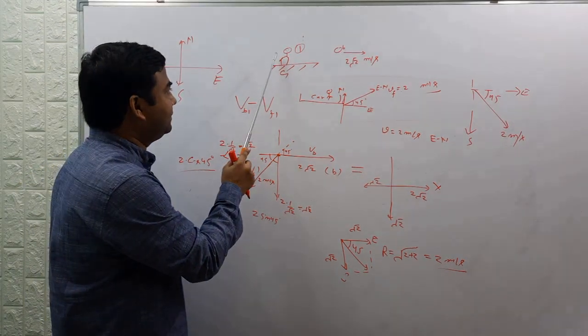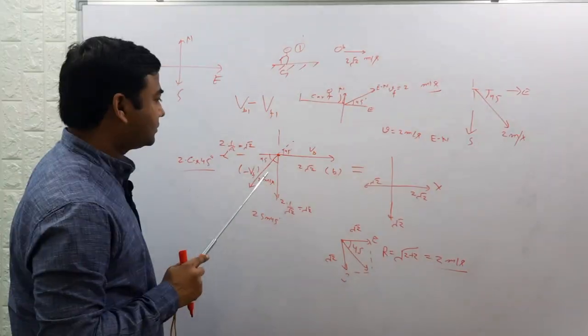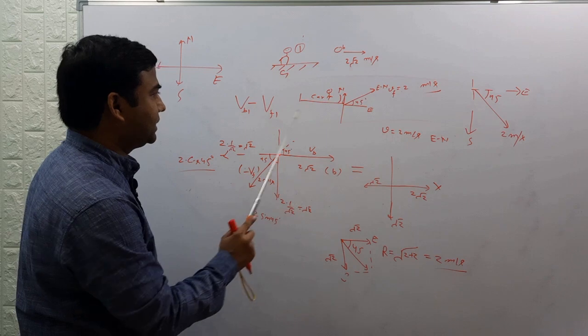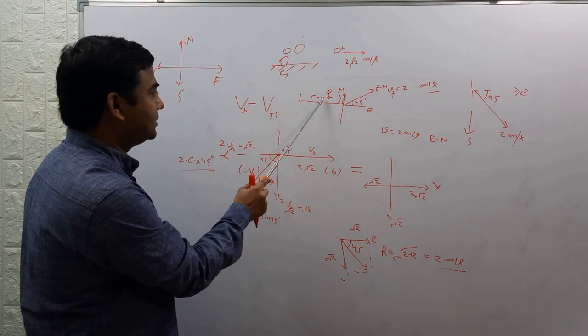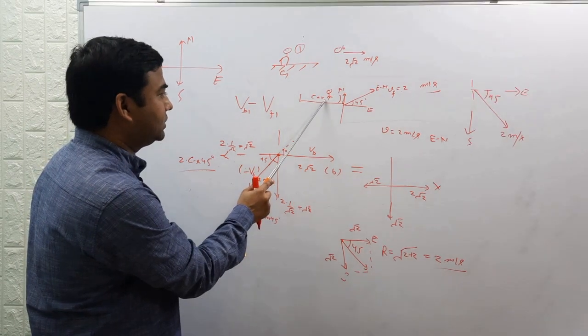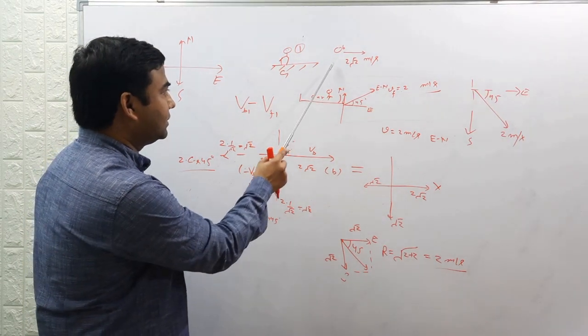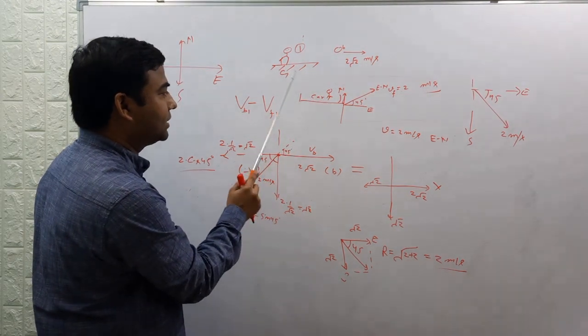So when I was seeing from ground, velocity of ball was 2√2 meter per second in each direction, when I change my frame and I have taken the seat on this car,